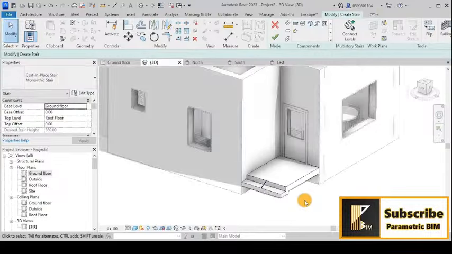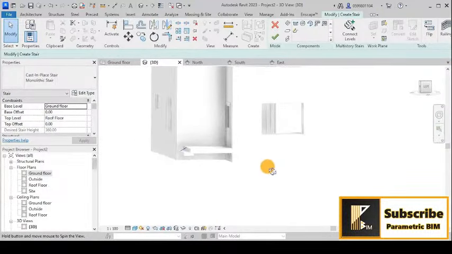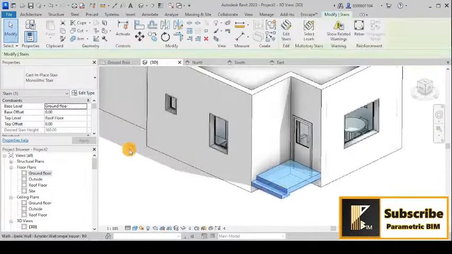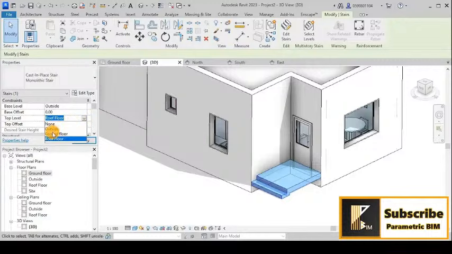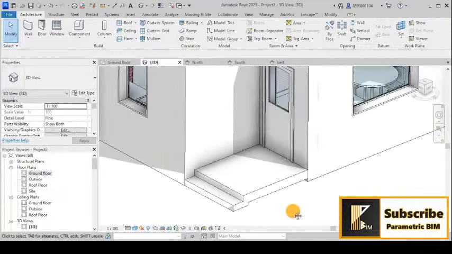So now we are done with this, but maybe we have something wrong here. I will check now. You can see the base level is ground floor. No, it is outside, and our top level is ground. So we will adjust that. Sometimes you can't adjust like that because you will have some constraints. So you will repeat, and from the beginning you will check your